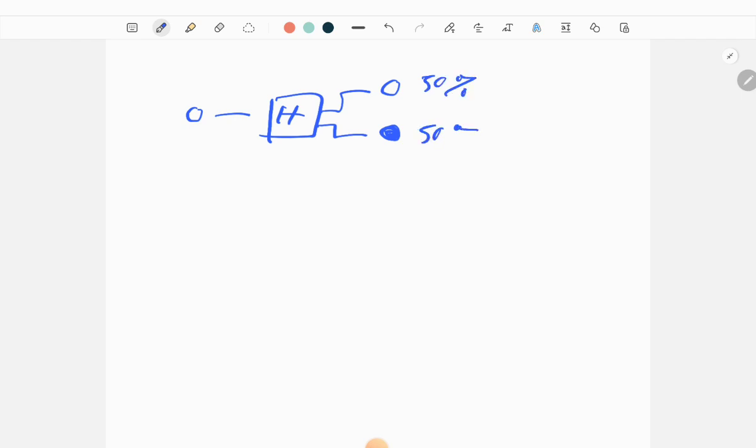Now try to understand the H gate with the superposition. Let's say you have one ball which is white, and you put it in an H gate, and this H gate will give you a superposition output. What does it mean? That you will get a white ball and you will get a black ball. So what is the probability? You will get a white ball with 50% probability,